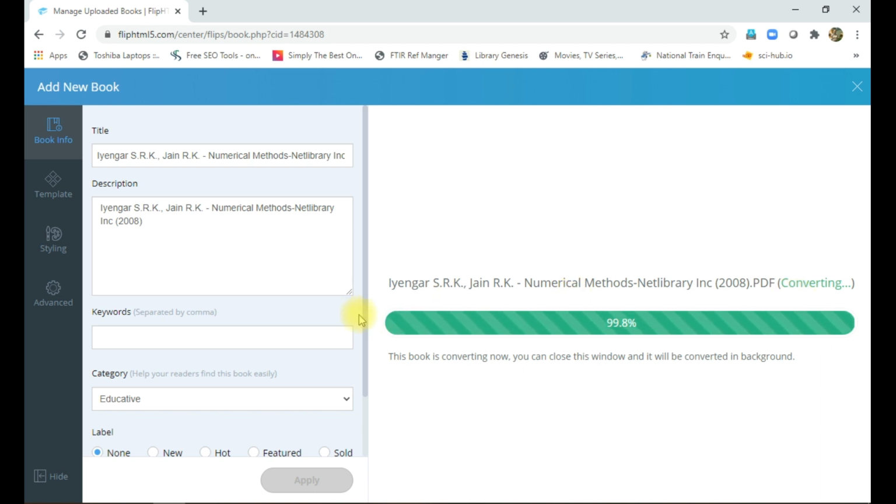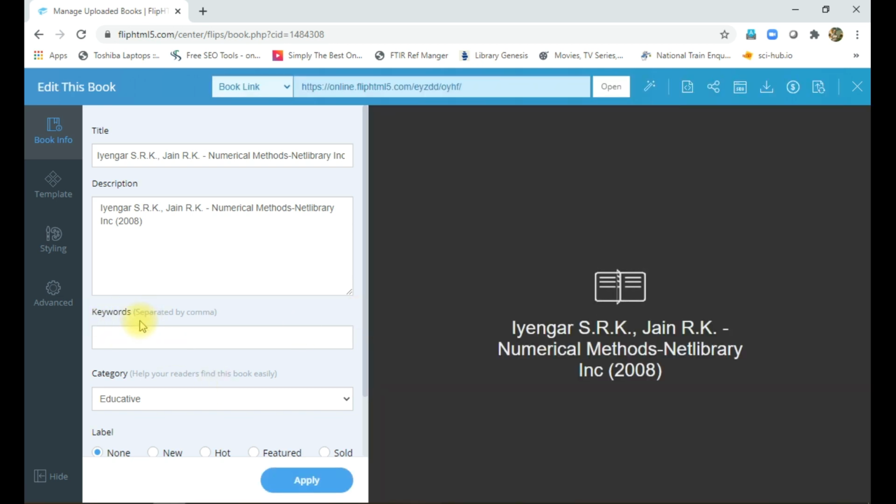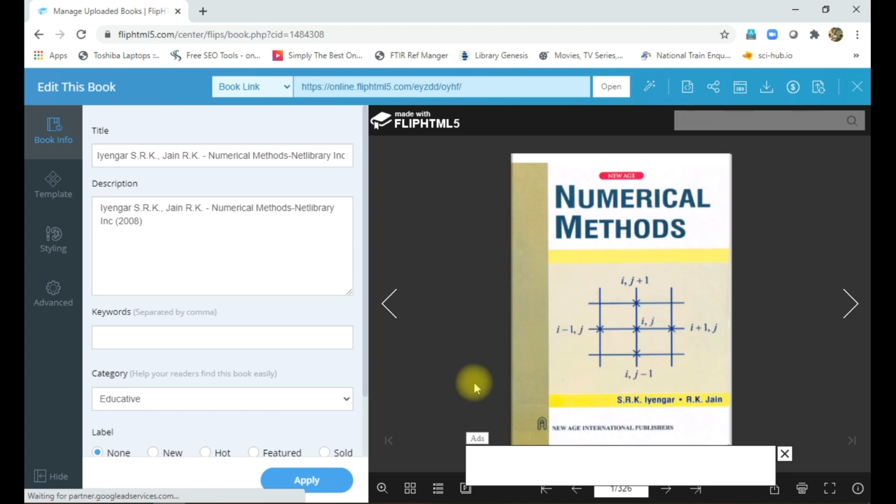After uploading this file, we can make it in a shareable form, public shareable form. If you want to put it in a searchable manner, you can put some keywords here. The searching option is very easy, but not compulsory. So it's almost complete. The process is going. The book is clear. So here, if any change you have to make, you can give here. Then labeling you can do.